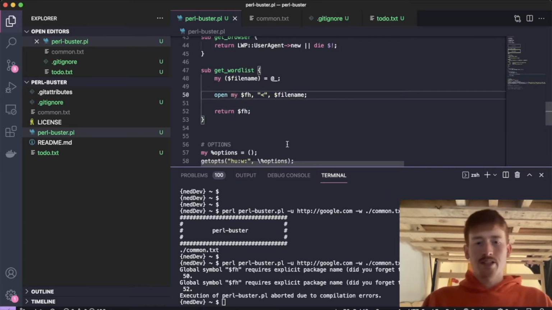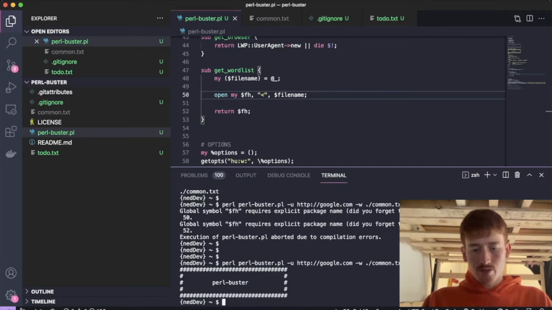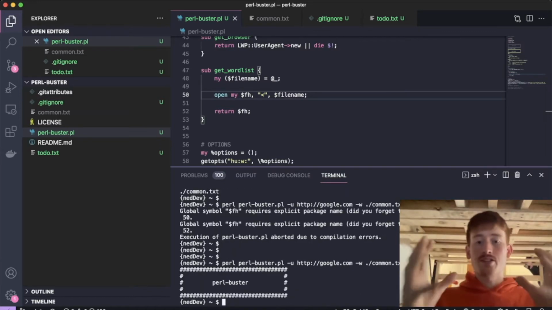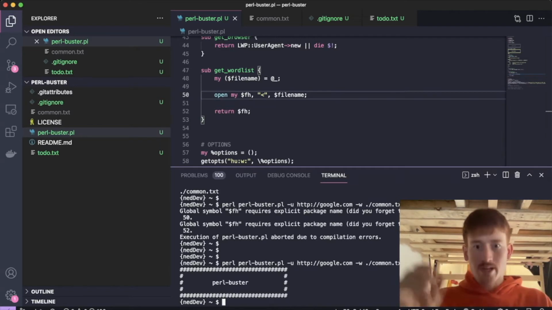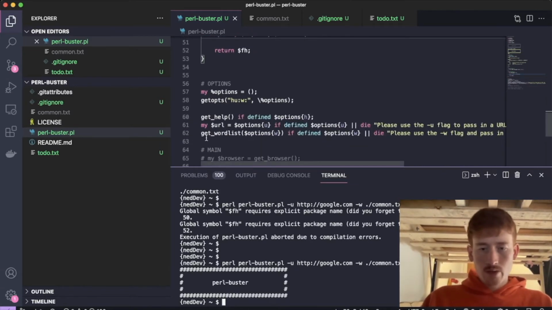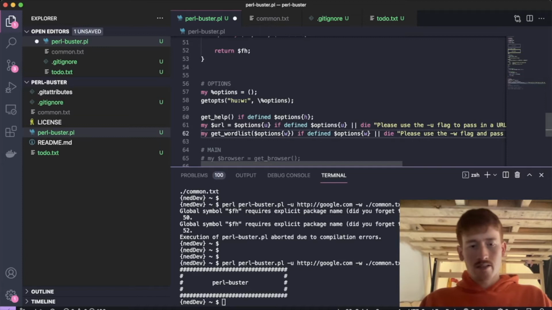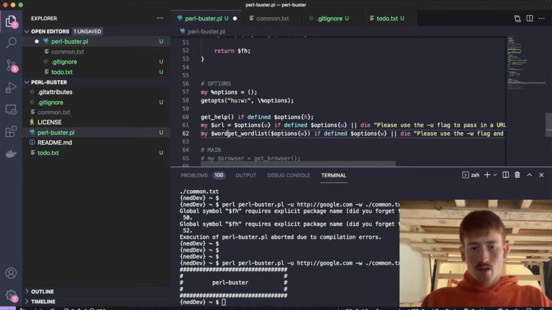Right, okay, I haven't declared that properly, so hopefully this should work. But it's not. It's opening up the file and returning it, but it's not actually assigning it to anything or doing anything with it. So what we can do is come down to here and say my word list,